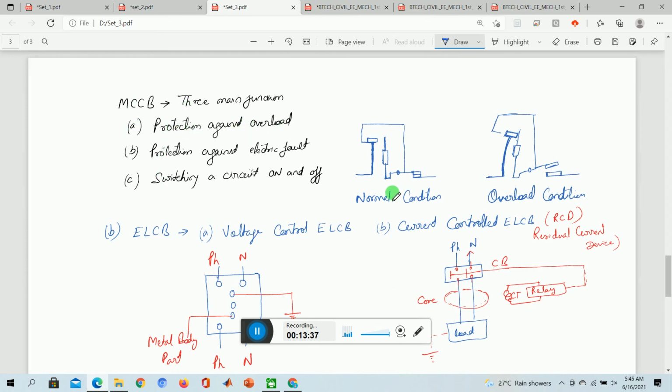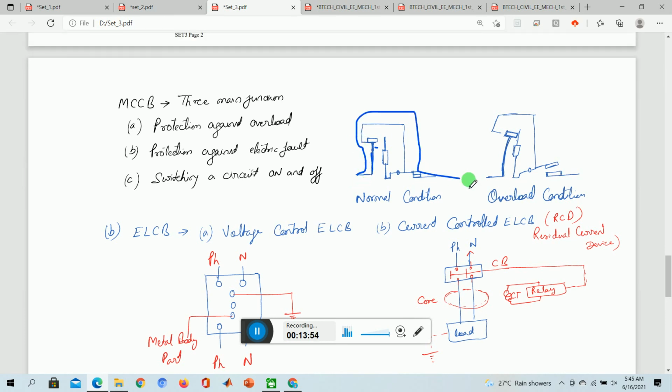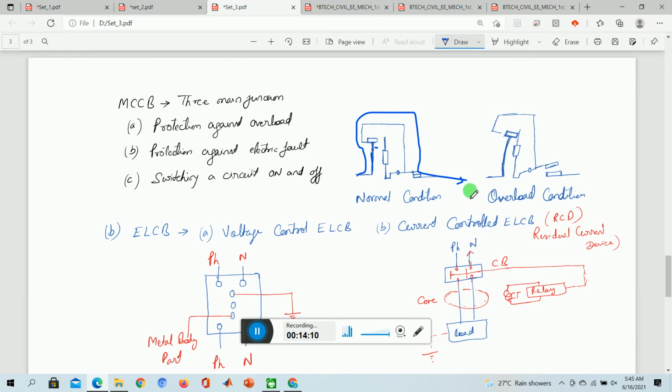Like MCB is protection against overload. So when you have the overcurrent, there is a bimetallic strip over here, and this bends, and if it bends, it will touch over here, and this will disconnect these two points. So earlier the current was flowing through this, now the current is not flowing because this is disconnected when there is a bend in the bimetallic strip. Any fault that occurs, it will also operate, and it can just operate as a switch on and off. So you can just briefly write on the protection, and it will be okay.